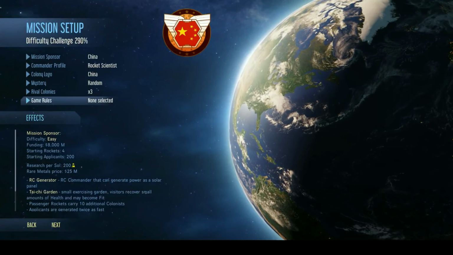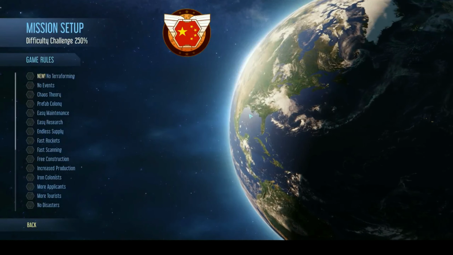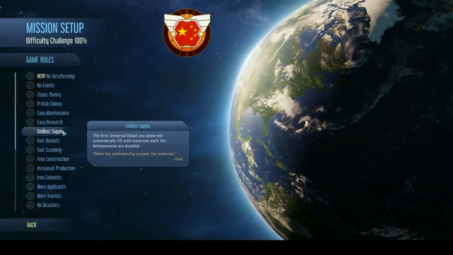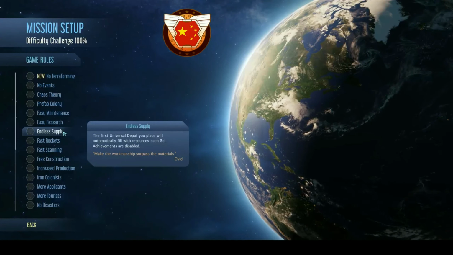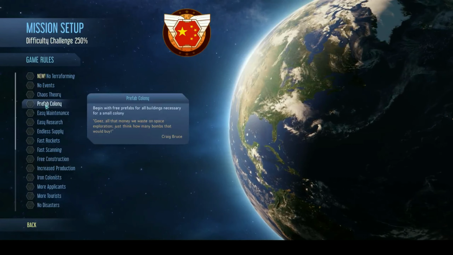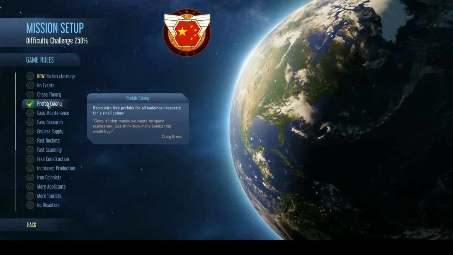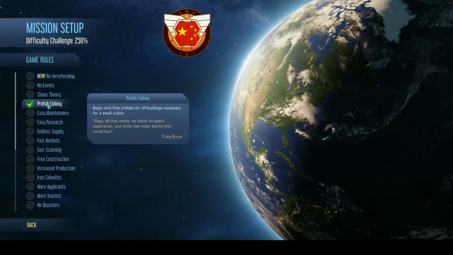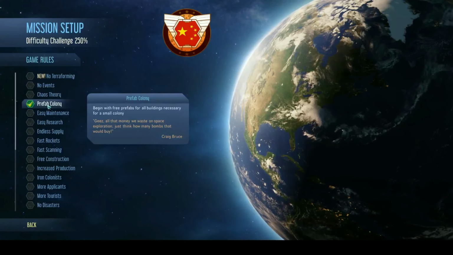Next, we're going to go into the game rules. Most of these game rules will make things easier or harder, and some of them will disable achievements. We're not going to do any of the ones that disable achievements, but there's two in particular that will help immensely. The first is Prefab Colony. This will make it so you start with a basic dome prefab which you can't import from Earth, a Moxie, moisture vaporizer,